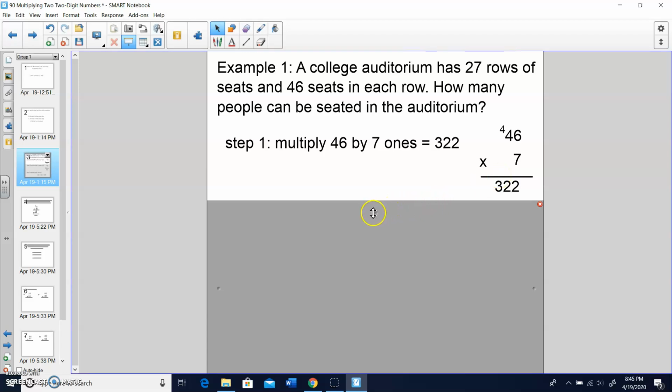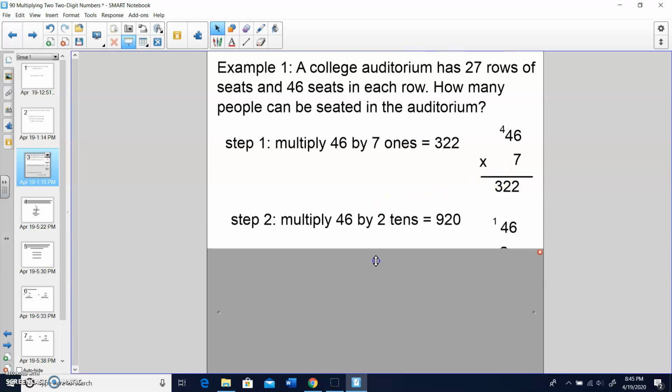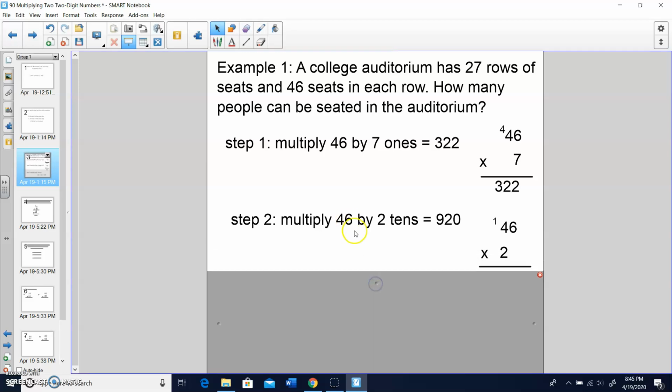Okay, continuing step 2, I'm moving to the tens place. So now I'm taking that same 46 by 2 tens. So notice that the 2 is over here in the tens place. So 2 times 6 is 12. And my 2 comes down, keeping it in the tens place, and I carry up the 1 for the 12. 2 times 4 is 8, plus the 1 I carried up here is 9. So 920. Notice this 0 here because I didn't use the ones place, so I brought my